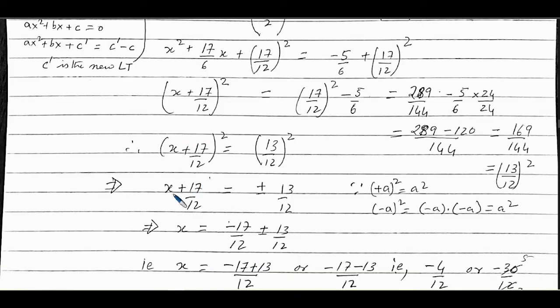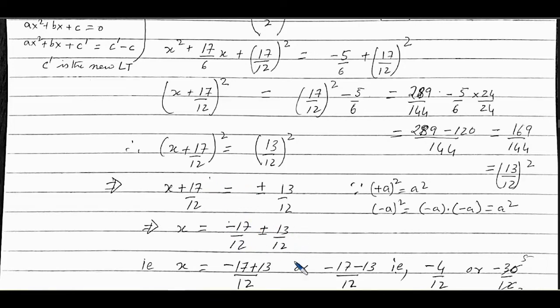So I can write x + 17/12 is equal to plus or minus 13/12, because as I said, plus a square is equal to a square and minus a square is also equal to a square. So I do not know whether it is plus or minus, so that's why I write here plus or minus. So x is equal to, I bring this to the right hand side, minus 17/12 plus or